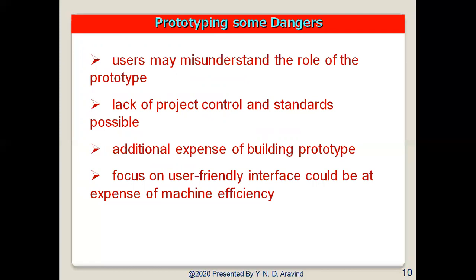Here, the approval process and control is not strict. Here, the requirements may change frequently and significantly. Designers may prototype too quickly without sufficient upfront user needs analysis. This could be another cause and can lead to poorly designed systems and false expectations. And the prototype may not have sufficient checks and balances incorporated in it. So all these are some of the dangers we are going to see in this particular type of prototype.